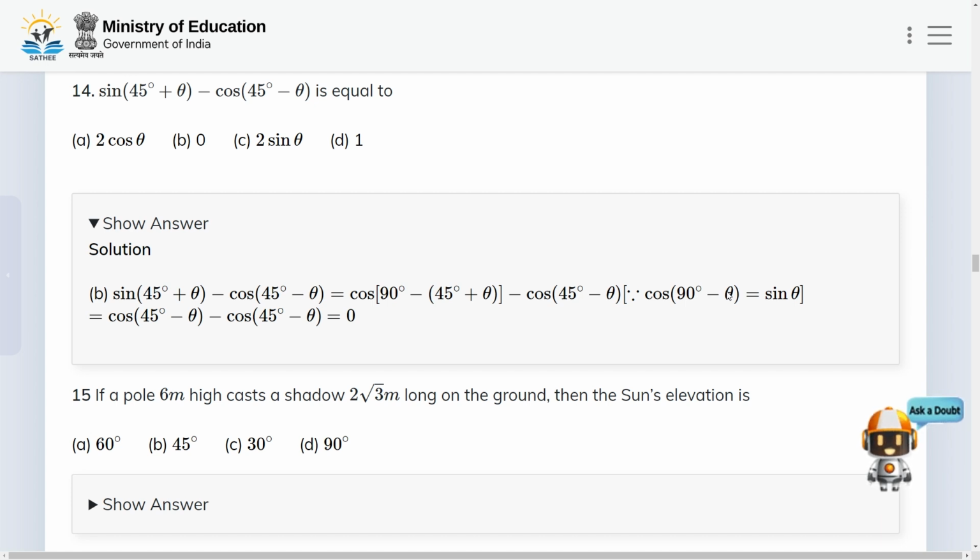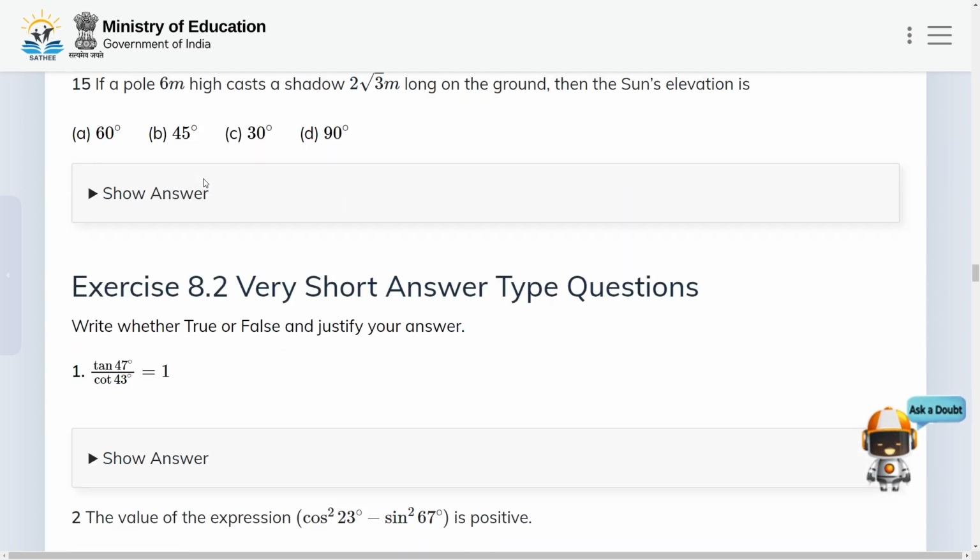Okay, so using this formula we'll get cos of (45 degree minus theta) minus cos of (45 degree minus theta), and here this will cancel and we'll get ultimately 0. Okay, so here in option B we have the value 0. So sine of (45 degree plus theta) minus cos of (45 degree minus theta) is equal to 0. So here the correct answer is option number B. Okay, so option number B is here the correct answer. So now let us move to the next